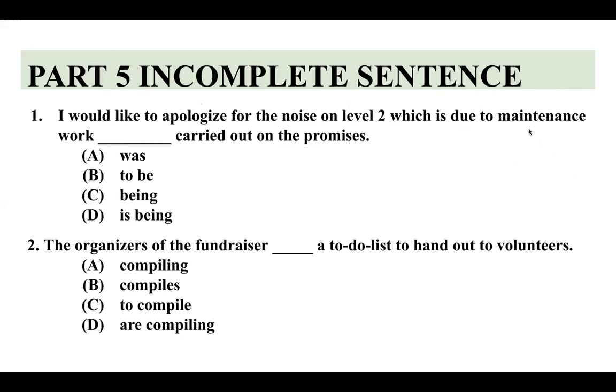noise level 2 which is due to maintenance work due to ตามด้วย noun ใช่ไหมครับ which is ตัวนี้เราเห็น is ไปแล้ว is verb to be สังเกตว่าถ้าเป็น is carried out เป็น passive form ต้อง get นะครับ ลองจับใส่ วิธีการง่ายๆ 4 ช้อยต้องทำให้ทันภายใน 30 วิ was carried out ตีกัน เพราะ was กับ is ไปด้วยกันไม่ได้ to be ไม่ได้เป็น future infinitive action plan ชัดถูกไหมครับ cross ไม่เอา